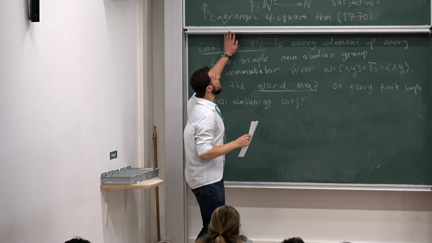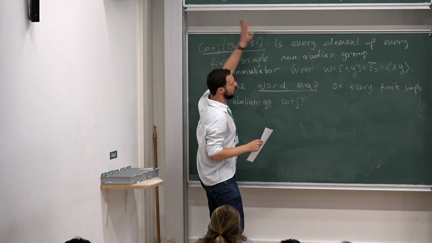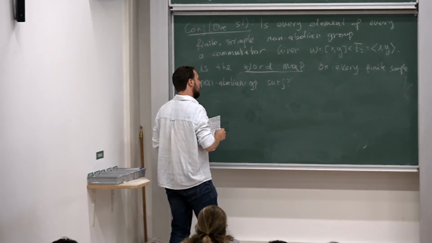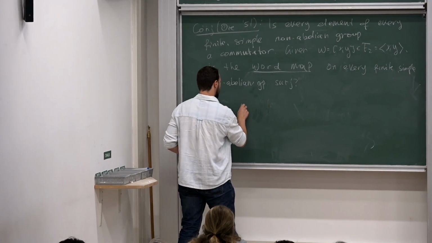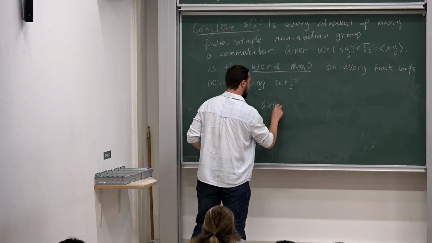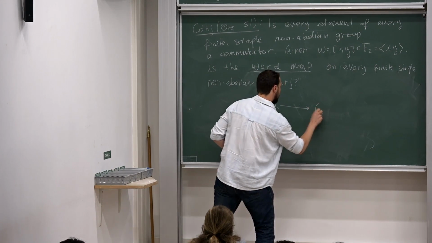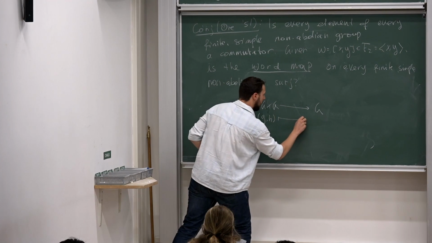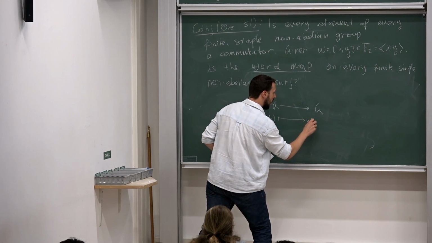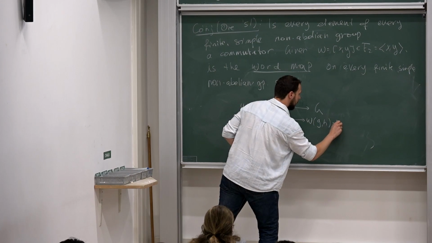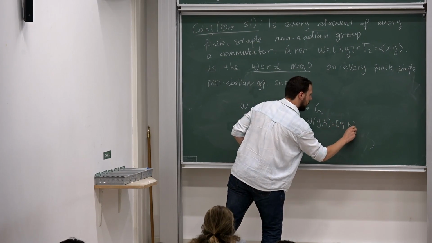surjective? What I mean by a word map is, again, we treat this free group element just as a form into which we can plug other group elements, which gives us a map from the direct product of two copies of G back to G, which takes a pair of elements g and h and maps them to the W value that corresponds to them. So in this case, just the commutator.